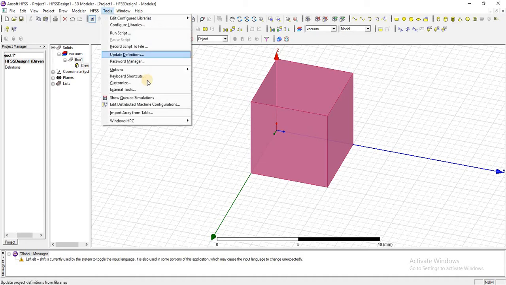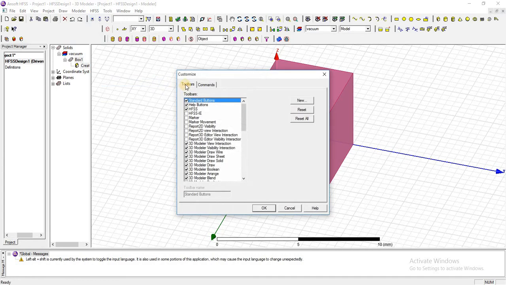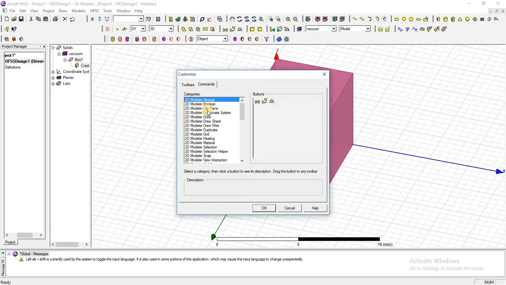Now go to Tools, Customize, in Toolbar, in Command. This is Blend. Here is the chamfer command and fillet command.